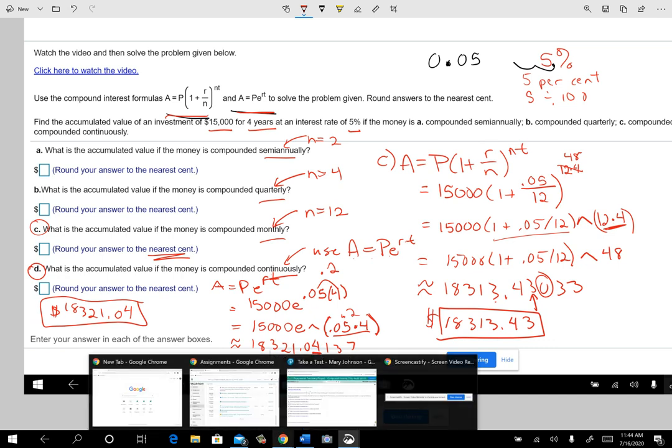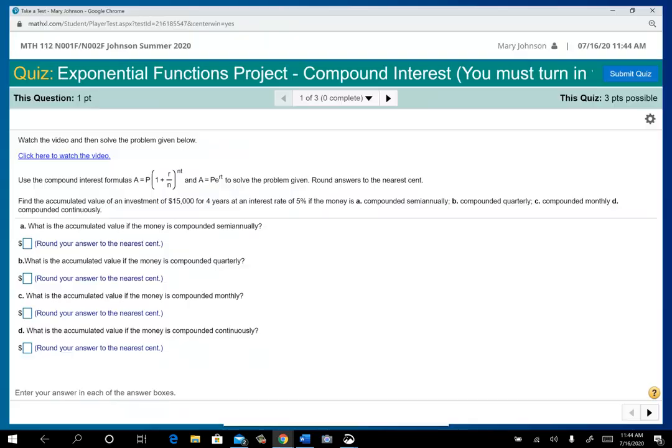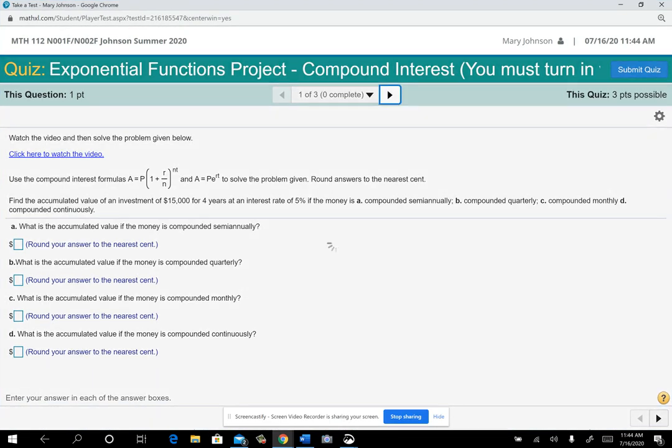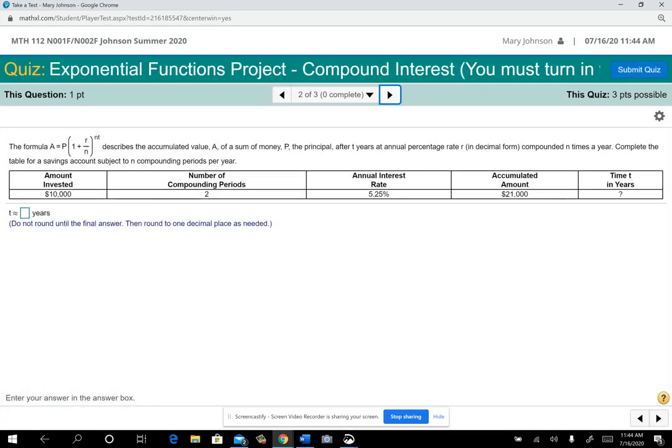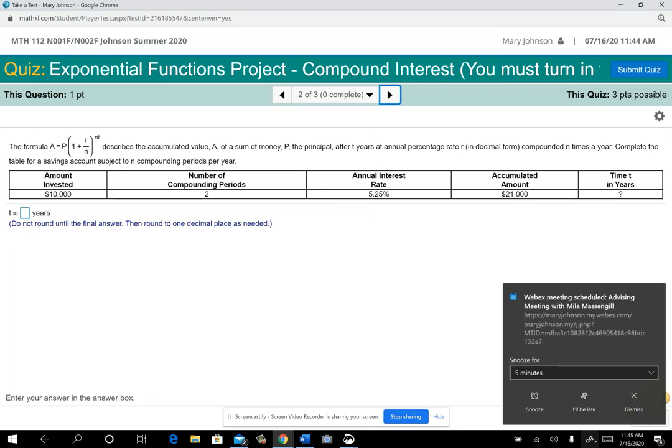The next 2 problems are the reverse of that. They're ones where you actually aren't just evaluating. See, this is just an order of operations situation on here. Same here, just evaluating order of operations. But on 2 and 3, you're actually having to solve something, right? So this one dealt with